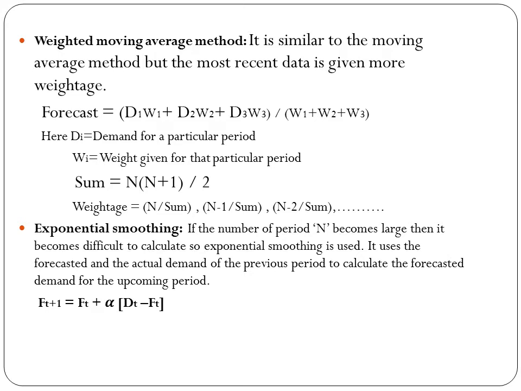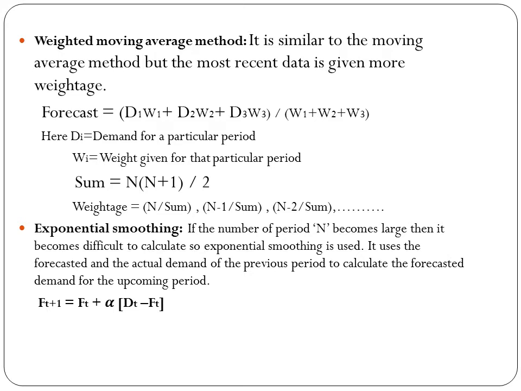And the formula is F of t plus 1. If t is April, t plus 1 would be May, 1 month. If weekly, it is given as week 1, then week 2's demand would be 1 plus 1, 2. F of t plus 1 is just one period advance, for the next month. If t is April, t plus 1 would be May.